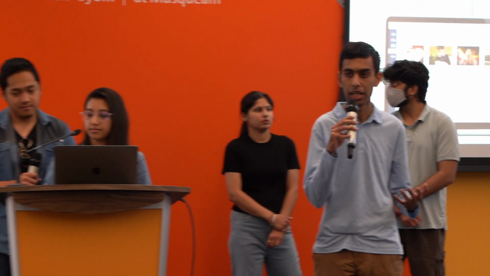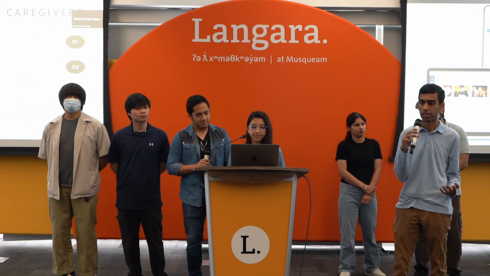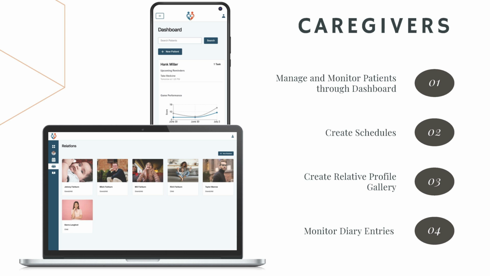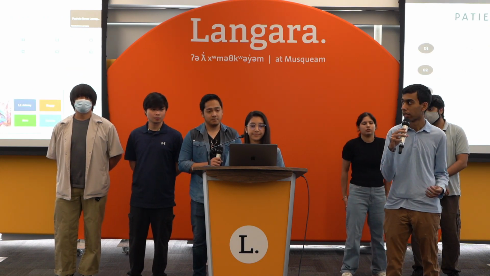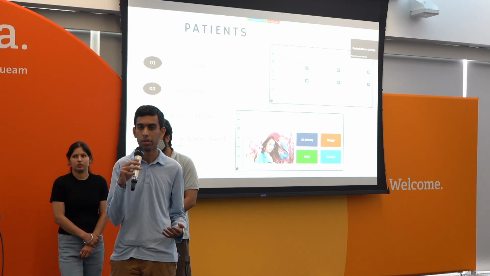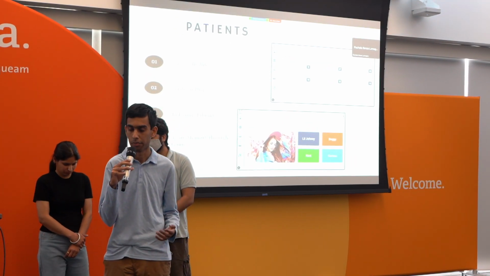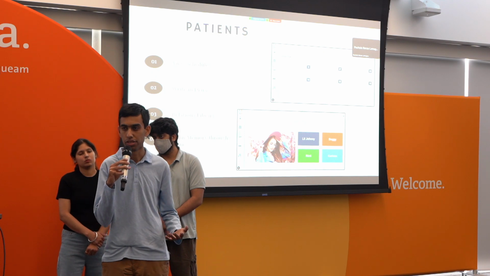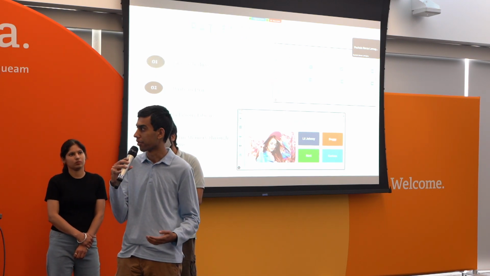Familiar provides various features for both caregivers and patients. Caregivers can create and manage patient accounts, view them on the dashboard, and provide data for their photo library. On the other hand, patients can view reminders, play memory-engaging games, and record their feelings through diary entries, with caregivers able to view patient diary entries. You see, we have lots of features. So let's have a look at our competitors.